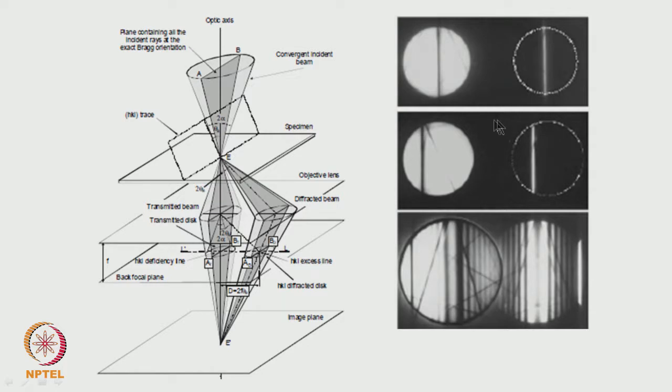And when I tilt the sample, then this diffraction plane is getting tilted. So this spot will also shift. That is exactly what is happening. But in many of the samples, this is only with respect to one beam which is considered. Quite often, not only this, we get sort of a fringe pattern within the sample. Why does this fringe pattern arise?